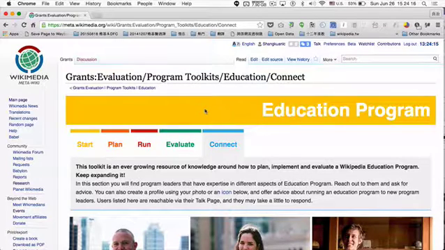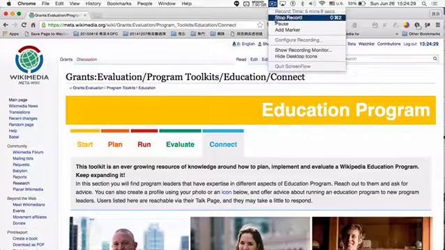So, can you tell us a bit about what happened in Edinburgh? Yes. Yeah. So in general, the Edinburgh was a meetup for the Education Collaborative,